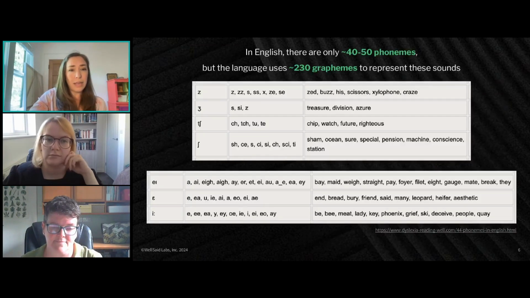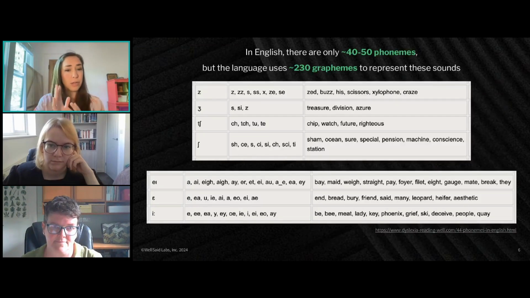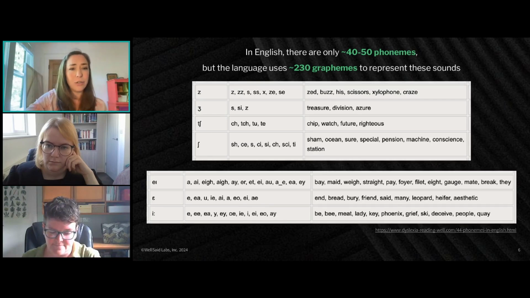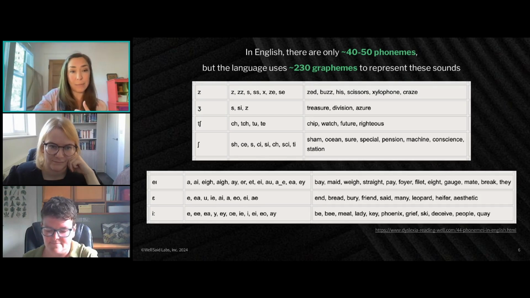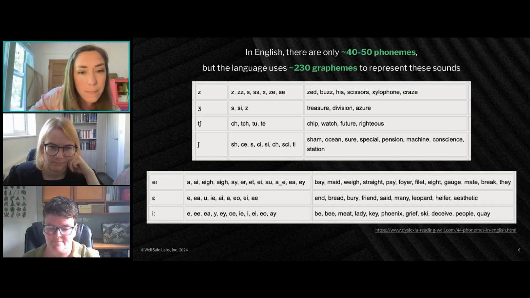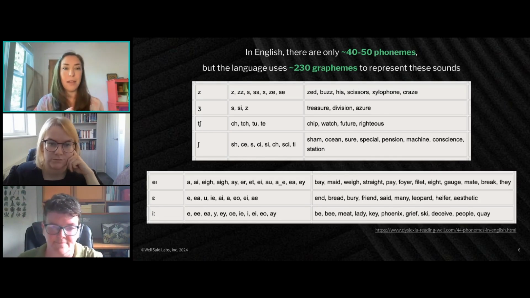And so English really only has maybe 40 to 50 phonemes, or those important speech sounds that carry meaning to speech. But there are over 230 graphemic forms of those sounds, and that's where this complexity comes in. So to illustrate this, you can see just a Z sound can be represented 7 different ways. Even worse, this A sound, I can't count off the top of my head how many different ways to represent the A sound. And even more confusing, some of the ways represented here, like AY, can be said A. We also see it down below in an E sound. And in other words, an I sound.